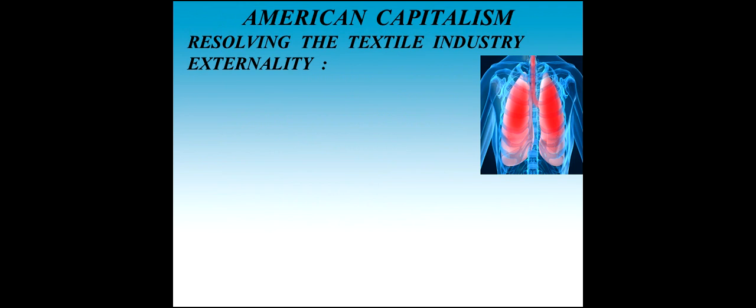Let's now go back to one of our examples and see how these options could be applied to solve a negative externality. I've chosen to go back to the textile example with the creation of brown lung disease. The reason is that it's a very unique situation in that both options for trying to solve the negative externality of brown lung disease were tried. So let's go through the process and you can clearly see how each one of the options was tried.